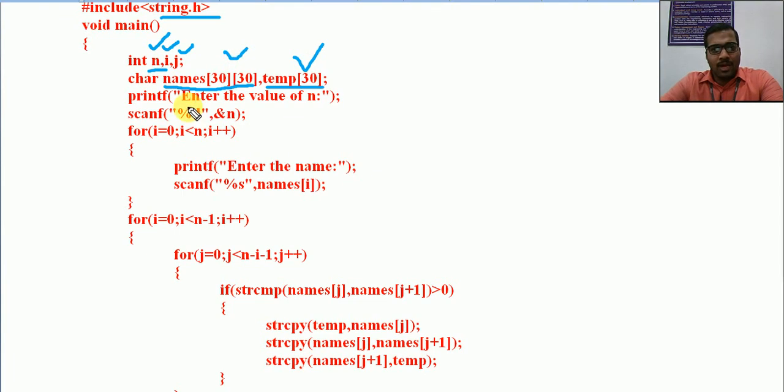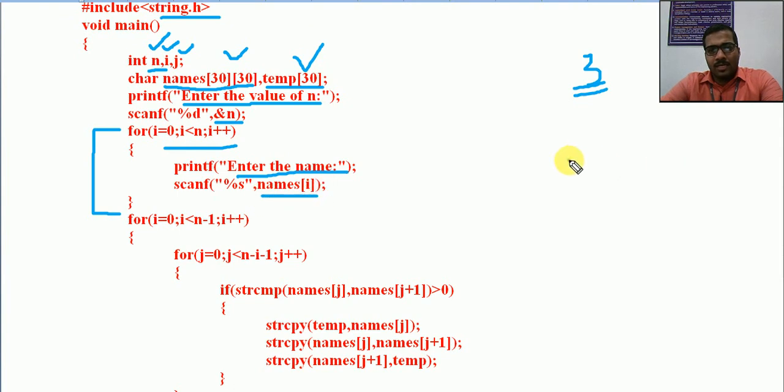Now enter the value for n, that means reading the size: scanf %d, ampersand n. So read that size. For example, 3 is the size of the two-dimensional character array. Now this is exactly the previous program. For i equal to 0, i less than n, i plus plus: enter the name, scanf %s, names of i.